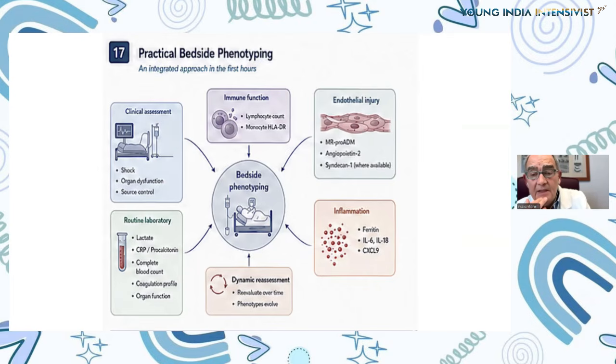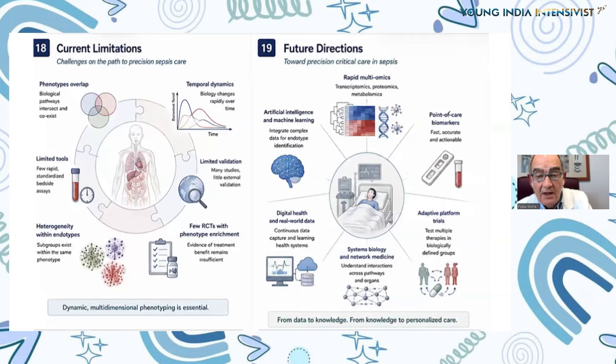And at the same time, we can look at some indicators of the inflammation and endothelial injury that invariably occur, the same indicators that I mentioned in my previous slides. And the inflammation, looking at ferritin, and in a more modern way the CXCL9, you can have an interesting indication.